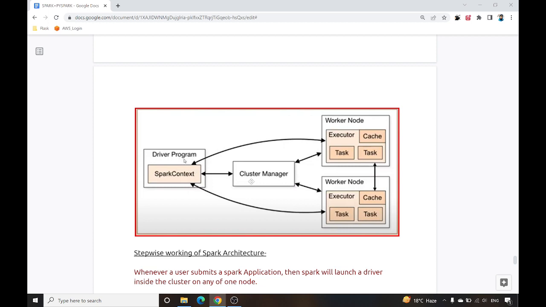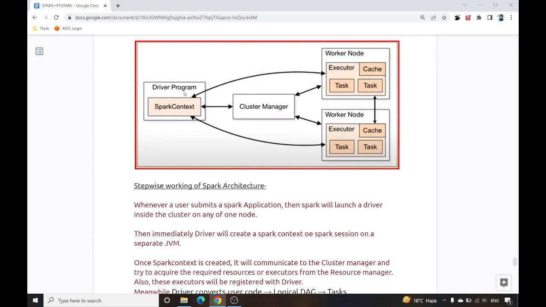Now let's come to the architecture of Spark. We have the driver node, we have worker nodes, we have the cluster manager, and inside the driver node we have something known as Spark context. Whenever a user submits a Spark application, Spark will launch a driver inside the cluster on any one node. There will be one cluster, and inside that cluster there will be many nodes.